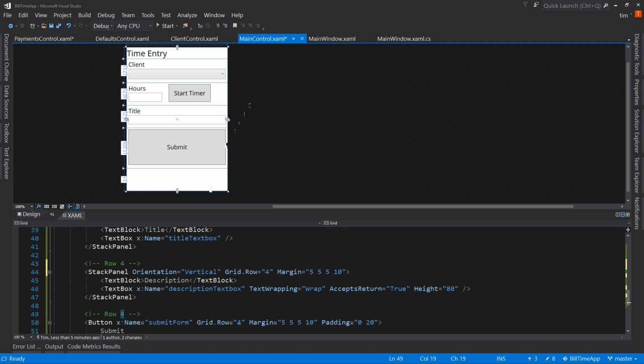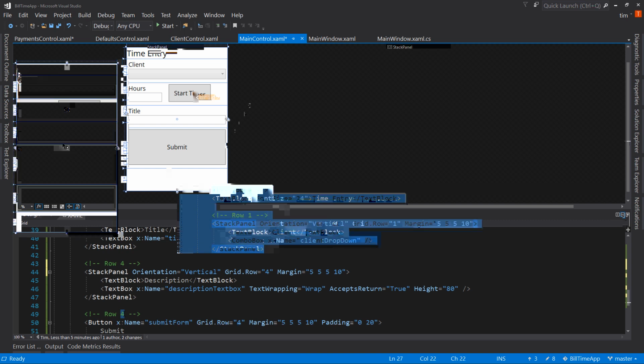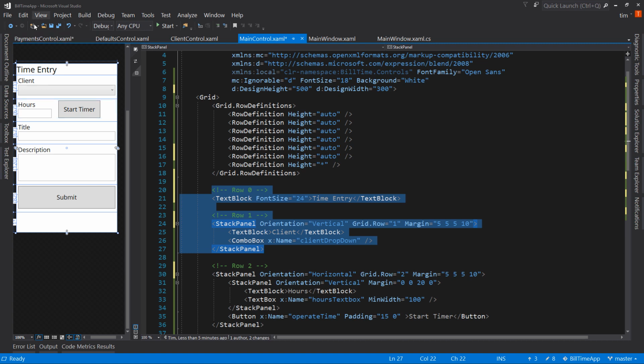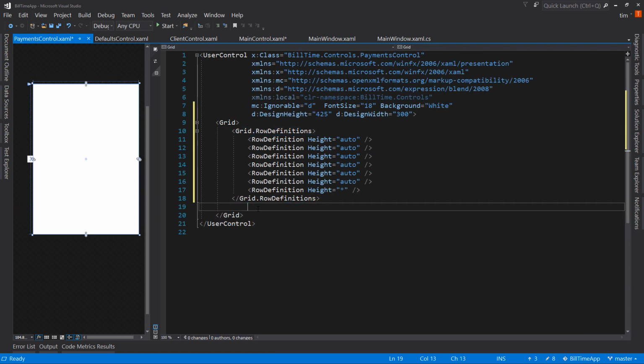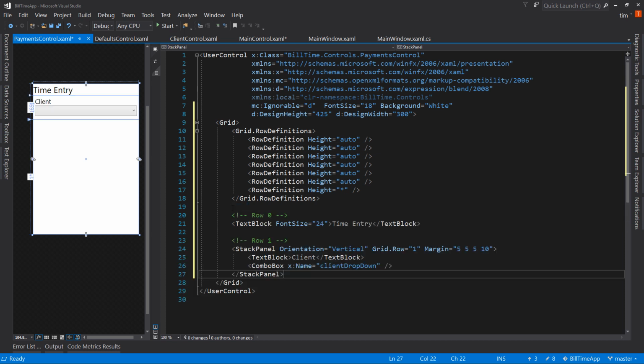So now we can grab row 0 and row 1, which is our drop down for our client, and paste it into our control here for row 0 and row 1. It's not going to be time entry. It's going to be payments. And